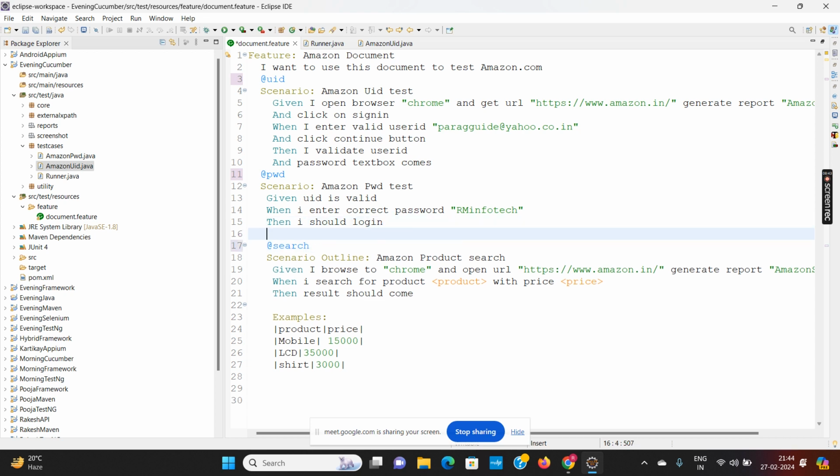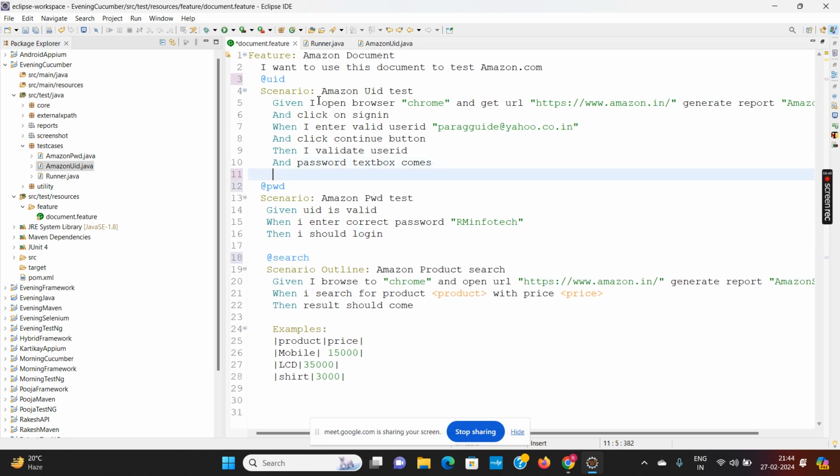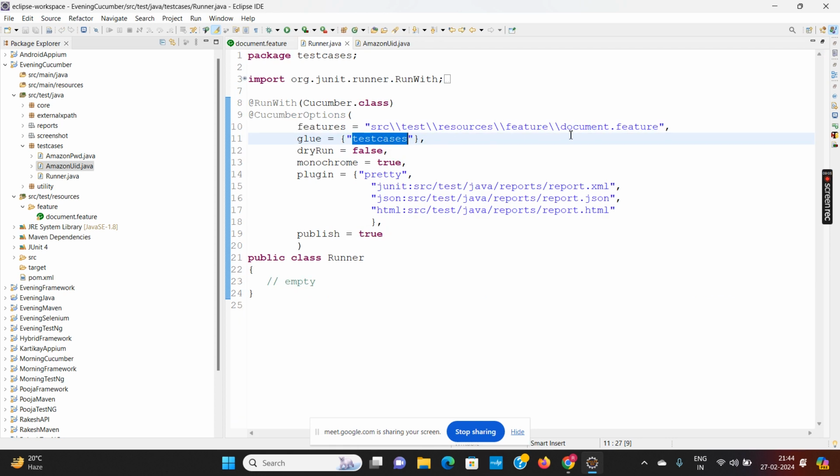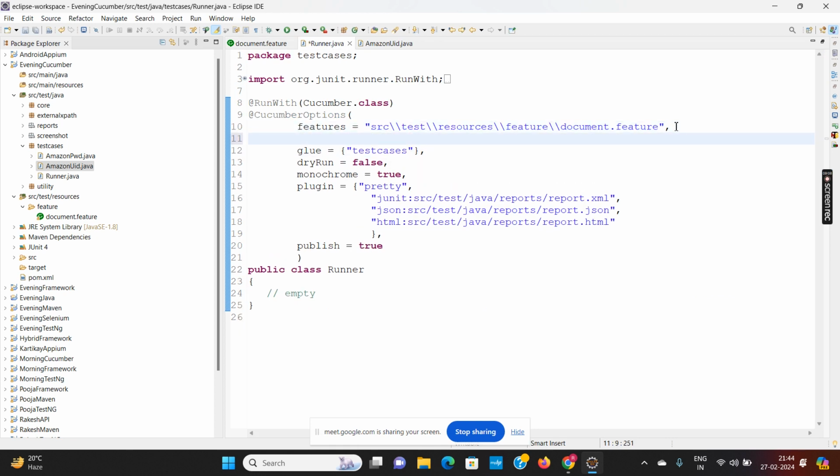So if we are writing multiple scenarios in my feature file, and when I run the feature file, all the scenarios will run. But if you want to run a specific scenario, then you can tag that particular scenario. And after that, in your runner class, you can write one more option, tags equals, and within the tags, you can write @search.